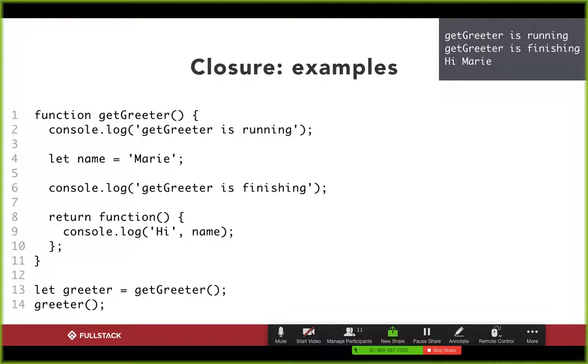Why should that seem strange to us? Well, on line 14, if you notice, greeter is once again the anonymous function we created on lines 8 through 10. But when we invoke greeter, we're able to figure out what the variable name is. The issue is greeter on line 14 exists outside the scope of the getGreeter function. That only exists on lines 1 through 11. So if we're outside of the getGreeter function, how are we able to access the name variable that was created inside the scope